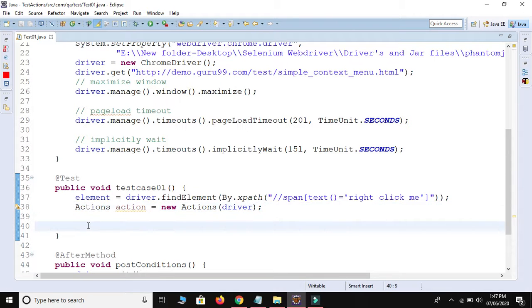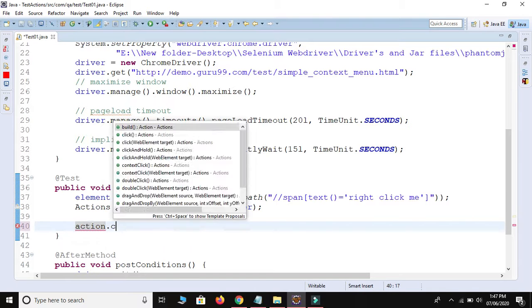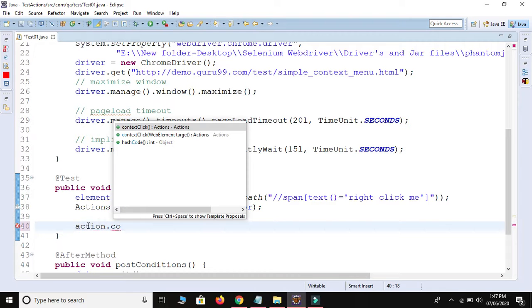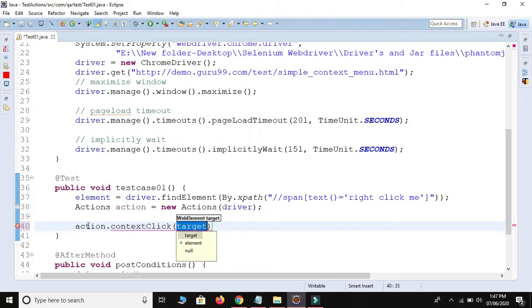So now we are going to go for the right click on the web element. We use action dot contextClick method. See, contextClick, and we need to pass the web element on which we are trying to right click.